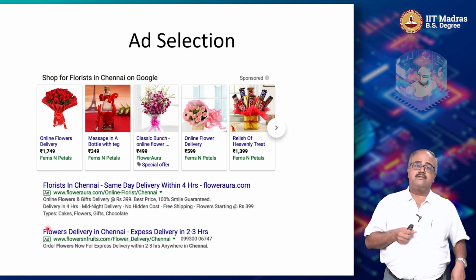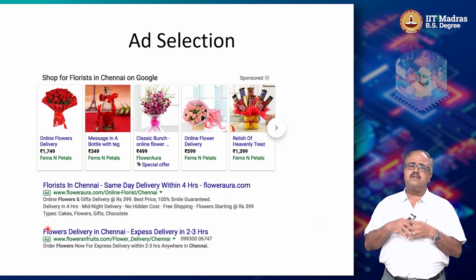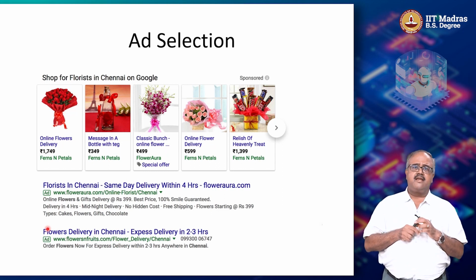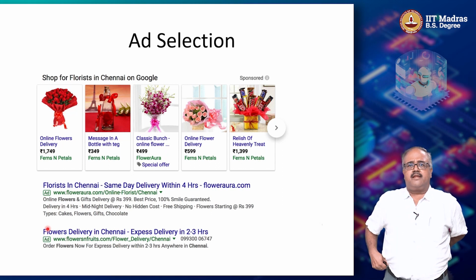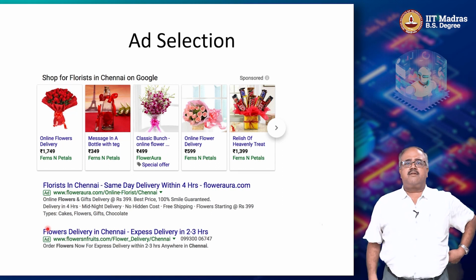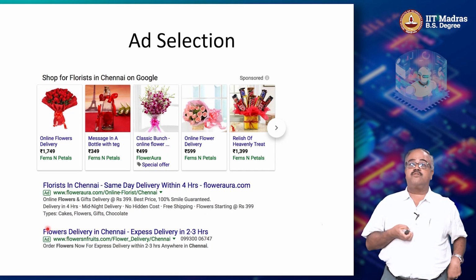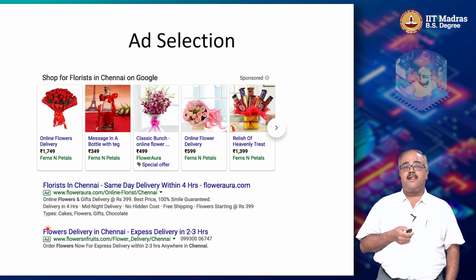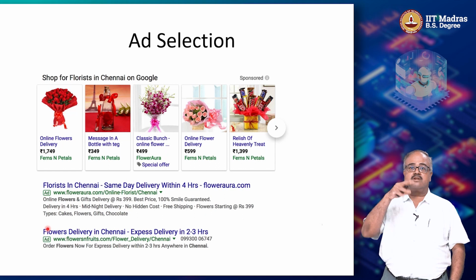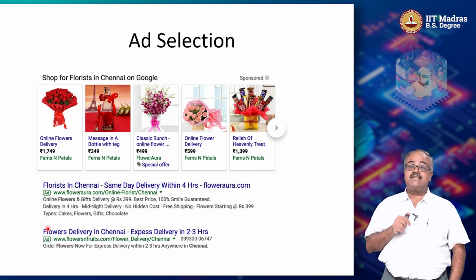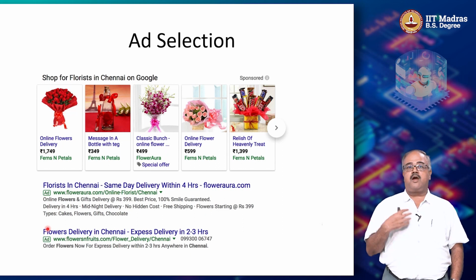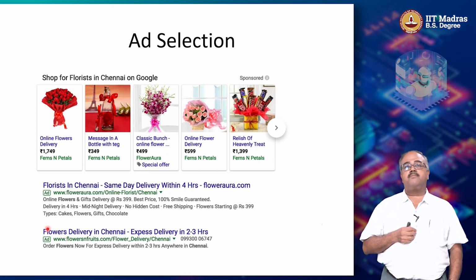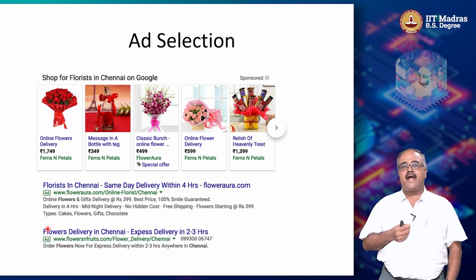So what do they do here? Once you go to Google, you type in some search keywords, and that's going to go and pick out like 30 or 40 ads that can be shown to the user based on the query that he has typed in. And then they start ranking these ads based on some metrics and so on and so forth. But still, there might be 5 or 6 ads you could show in the top place. How do I select which ad to show in the top place, among these 30 ads that I have picked up? There you use reinforcement learning.